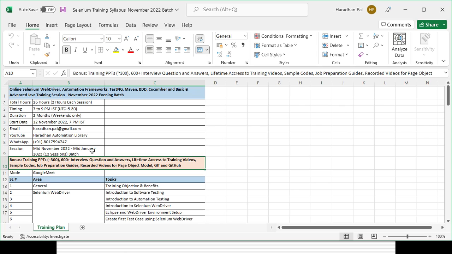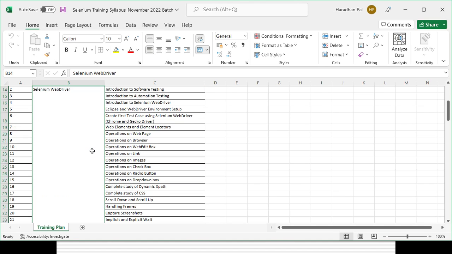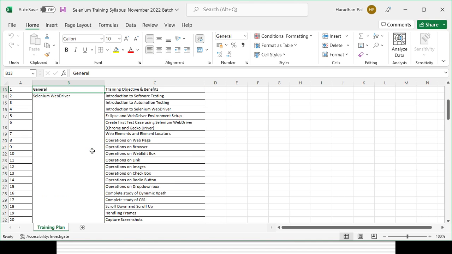For every session I'll be sharing the PDF, right, and the sample code. And once the sessions are over, I'll be sharing the framework along with 600 to 700 interview questions and answers. Apart from that, a few topics will not be covered here, right? More advanced framework parts, then Git, GitHub, for all this part, documents and relevant video links will be shared so that you can go through them. That will be the static one. But here 13 classes will be there, 1.5 to 2.5 hours each, right?